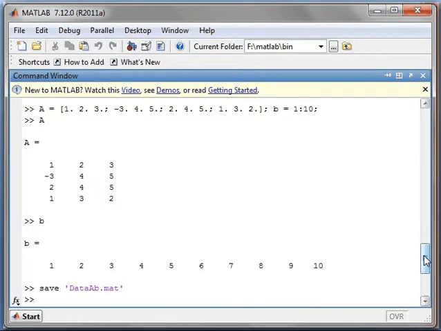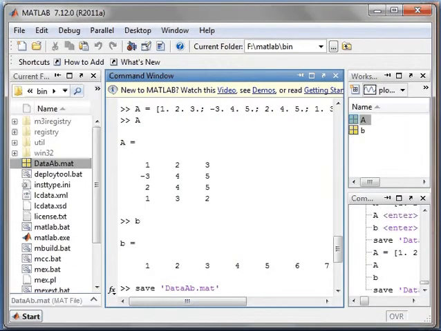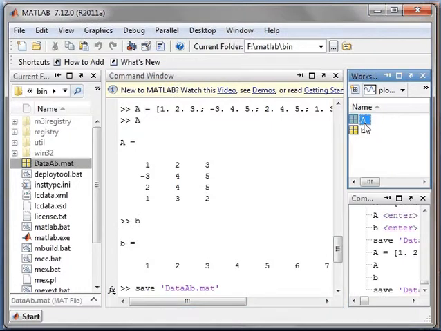And for saving this I use the command save and the name of the file that I want to give, .mat. It will save my file. Let's see. Okay, here you can see the file is saved by the given name data ab.mat, and here the variables A and B value also you can see.